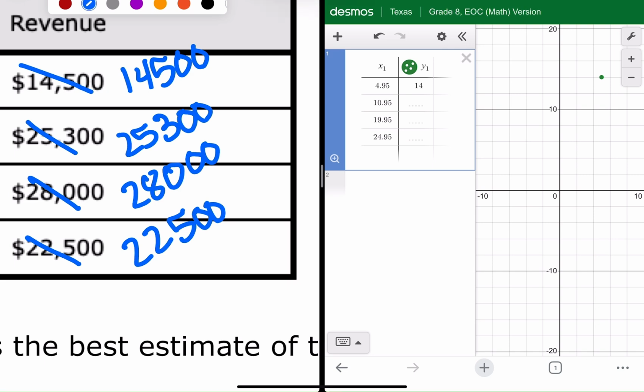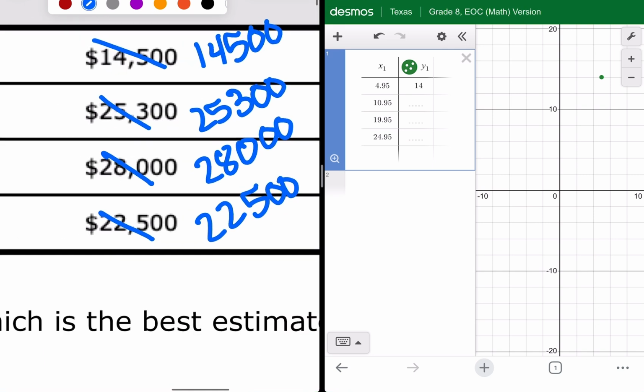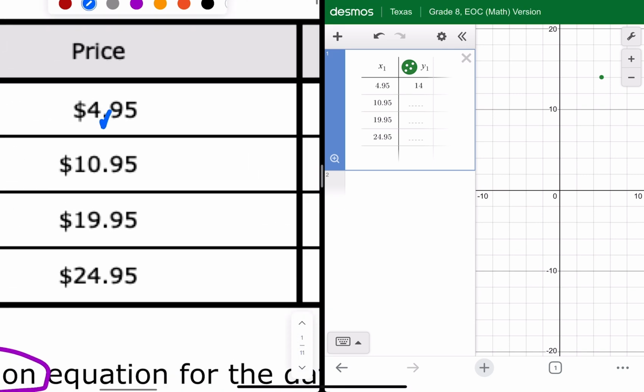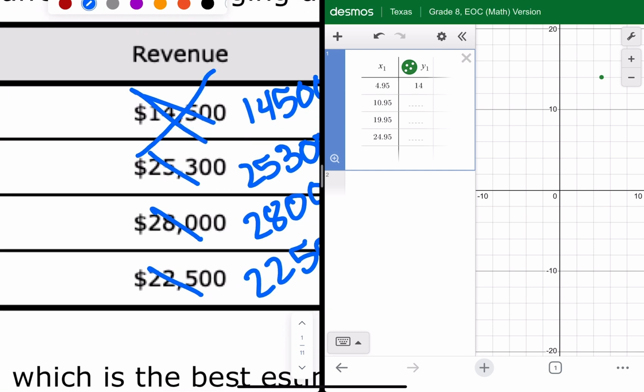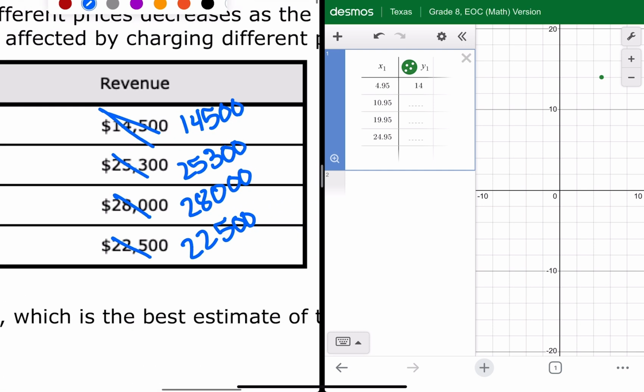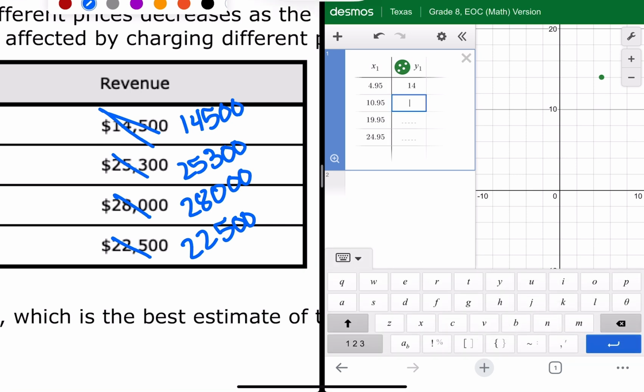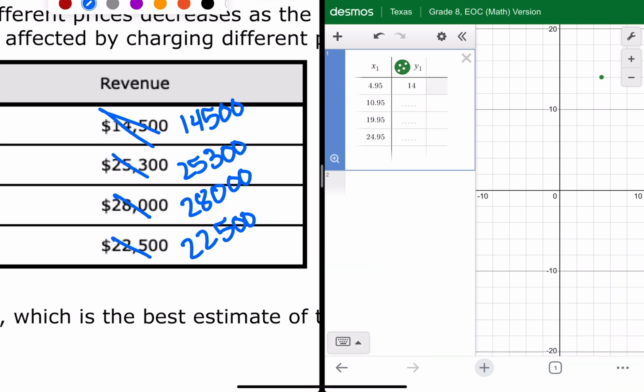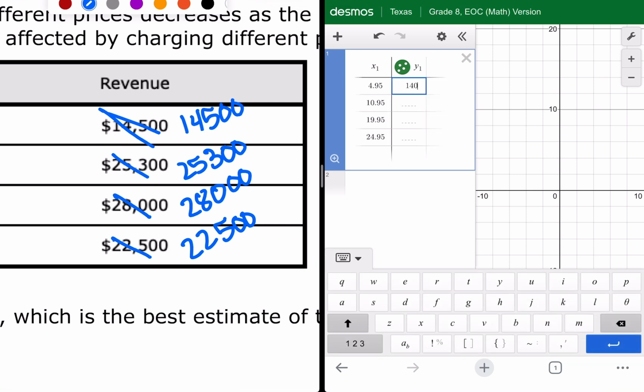Those are the numbers without the comma. Points, good. Commas, no. Points, yes. Commas, no. All right, so 14,000. Oops. 14,500, my bad. 25,300, 28,000, and then